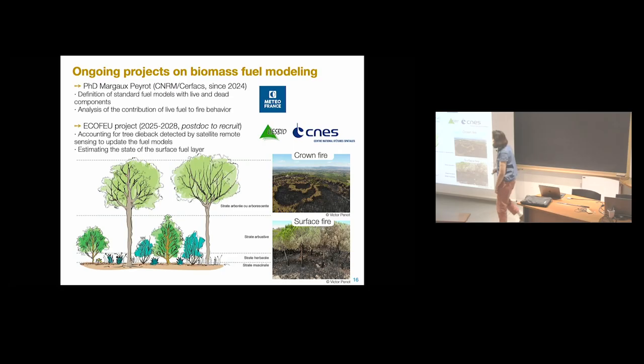And really the idea behind working on these fuel models is, at the end, in our coupled model, for now, we only represent the surface fuel and the surface rate of spread. But if you want to work on large-scale fire events, we also need to work on the possibility to go from a surface fire to a crown fire and things like that. So this is really a preliminary work before going to model crown fires.